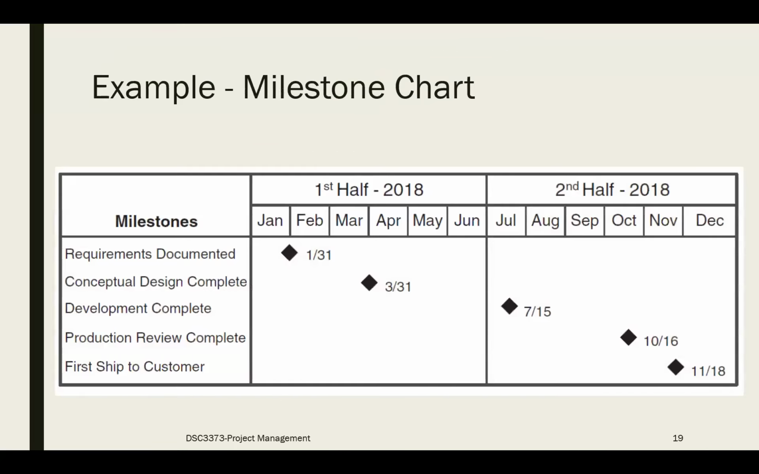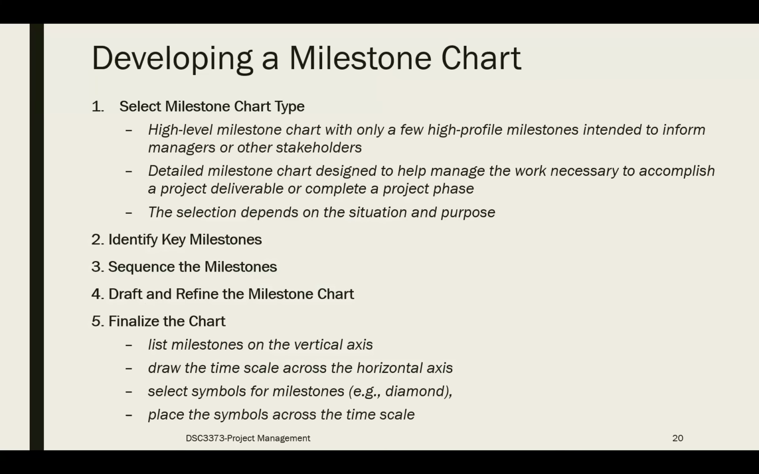If you look at the example that we took earlier, this is a high level milestone chart, right? So you can go to a more detailed level depending on the situation and the purpose of it. So first you need to select what type of milestone chart you are going to develop. And then you need to identify what are the key milestones, and then you have to sequence them. You have to put them in order, right? And then you can draft and refine the milestone chart, and finally you can finalize the chart